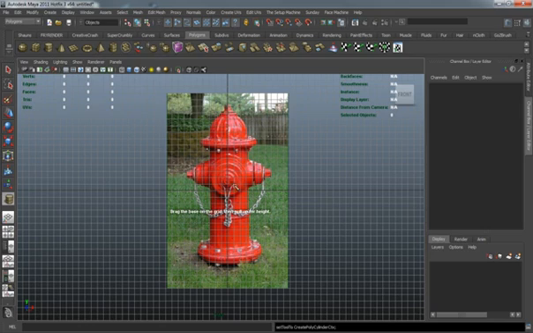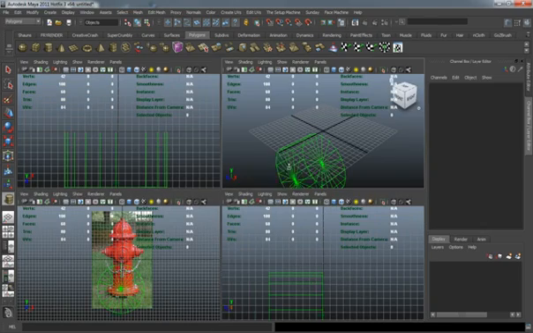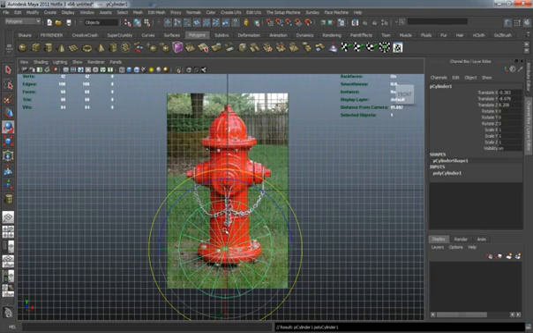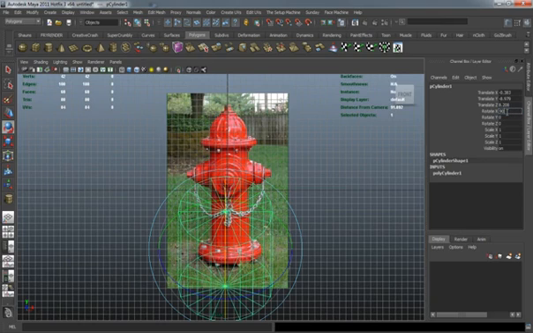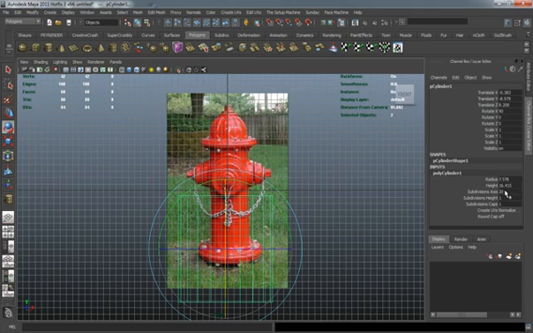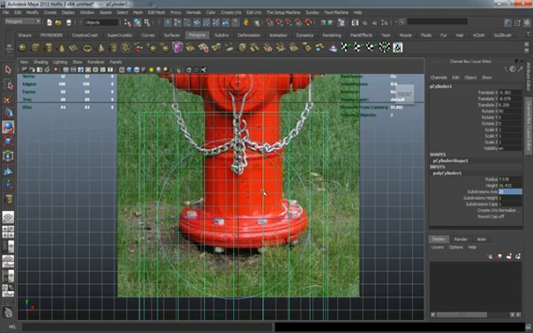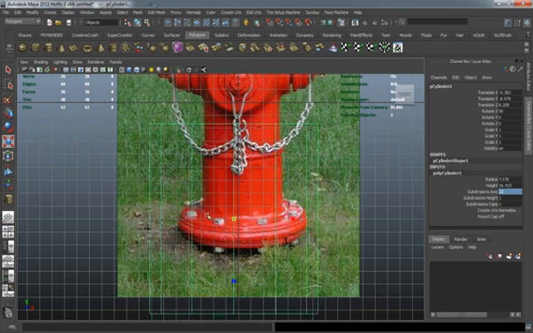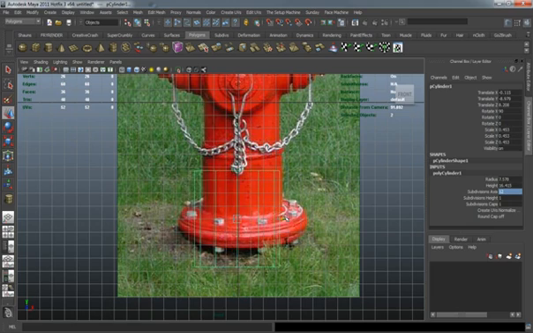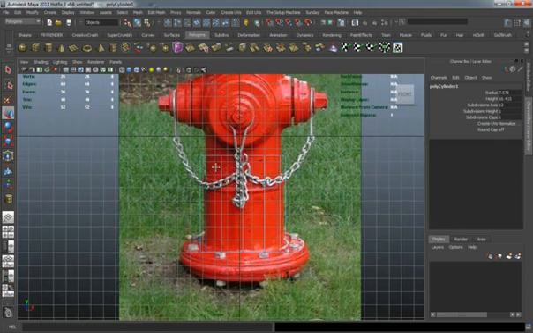So in this lesson, I'll just go ahead and block out a basic fire hydrant here, and start it there, and come over here, and we'll just rotate this 90 degrees. Turn down the subdivision levels here. Say it's probably going to be about 12, because I want to try to match the indentions here that are on the base of the fire hydrant. So let's go 12, and we'll just basically scale this down here to try and match the fire hydrant. And then we'll take this up